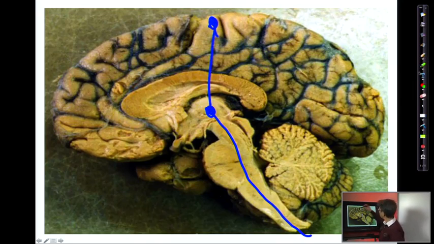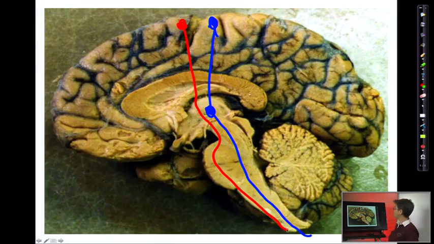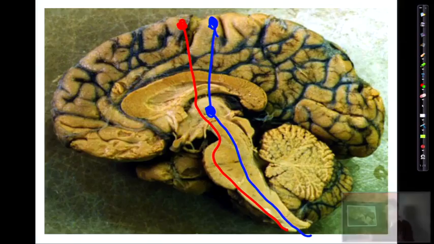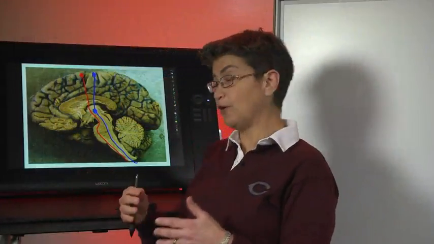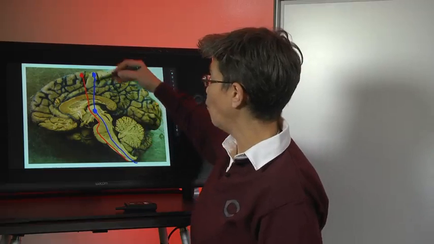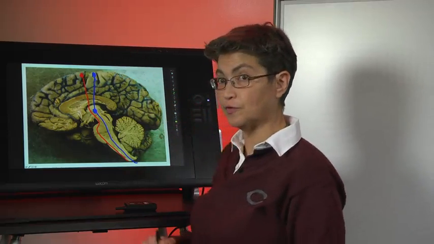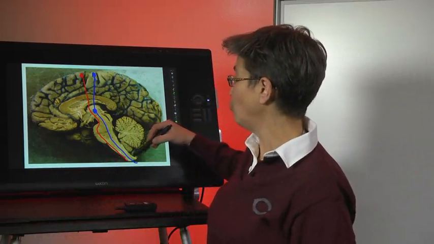And the motor ones are coming down, traveling down like this. What you can see is that this allows us to figure out, let's say there was a problem, at what level of the nervous system that problem is,